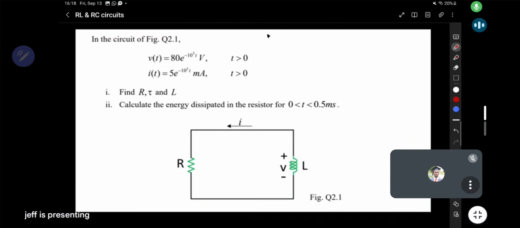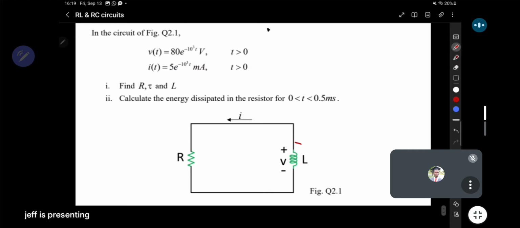So for our next example, we have this problem here. In this case, notice that they've given us the expressions that they want us to use. And these expressions are both for time greater than 0. So what is happening? Firstly, we want to understand that for an inductor in a source-free circuit, and you can